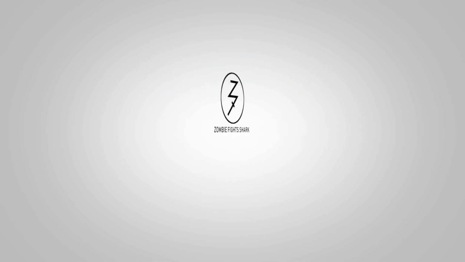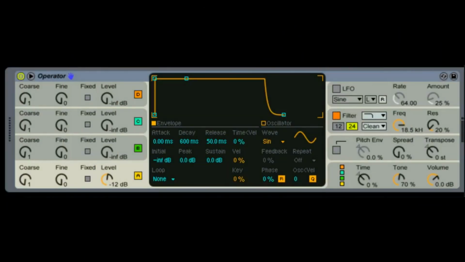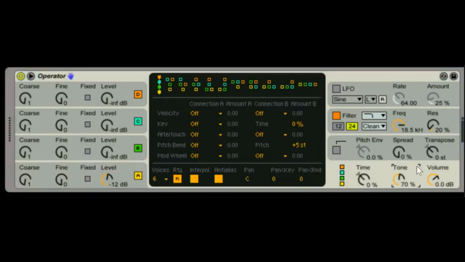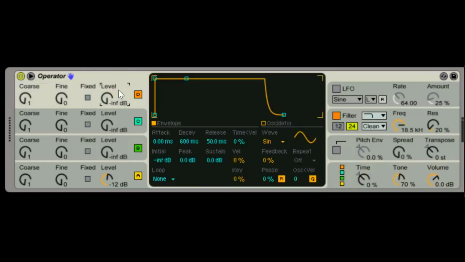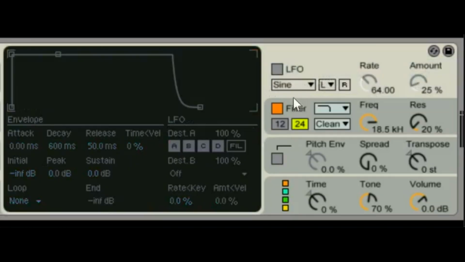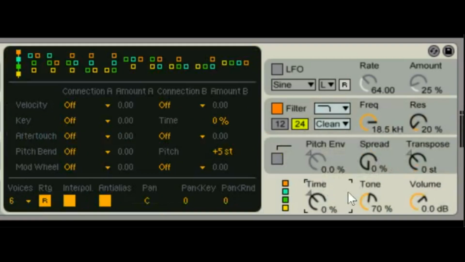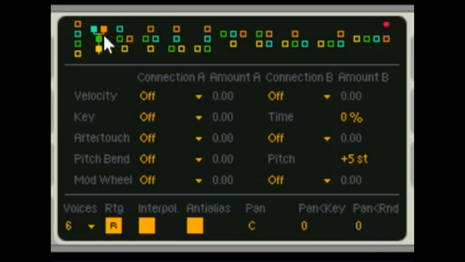This is part 6 of the Ableton Operator series, and we are down to the final component of the operator, the matrix. So if you are just finding this and you are not familiar with all the other pieces, I strongly recommend you go back and watch the other videos first, because there will be references and homework that's already been assigned. You've missed it. So part 1, we talked about oscillators. Part 2, the oscillator window and envelope window. Part 3, LFO. Part 4, filter. Part 5, pitch envelope and applicable windows for all of those. We're down to the matrix here and the FM